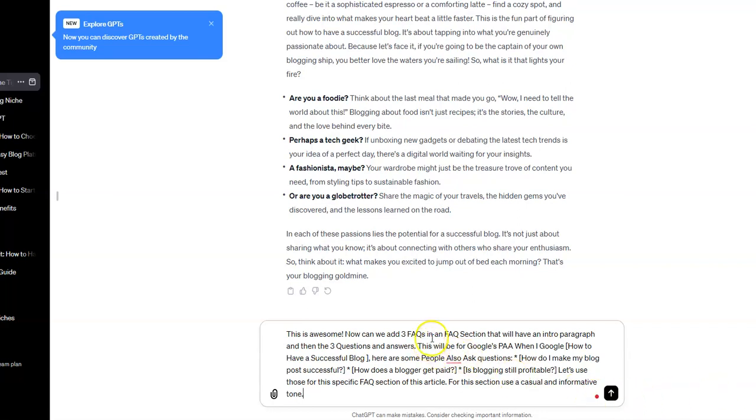So, this is awesome. Now can we add 3 FAQs in an FAQ section that will have an introduction paragraph and then 3 questions and answers. This will be for Google's PAA. When I Google your keyword, I'm not going to change that, but the keyword that we were using,